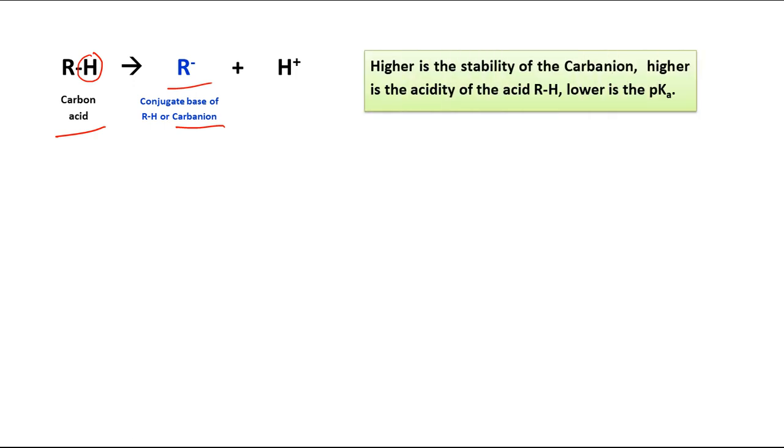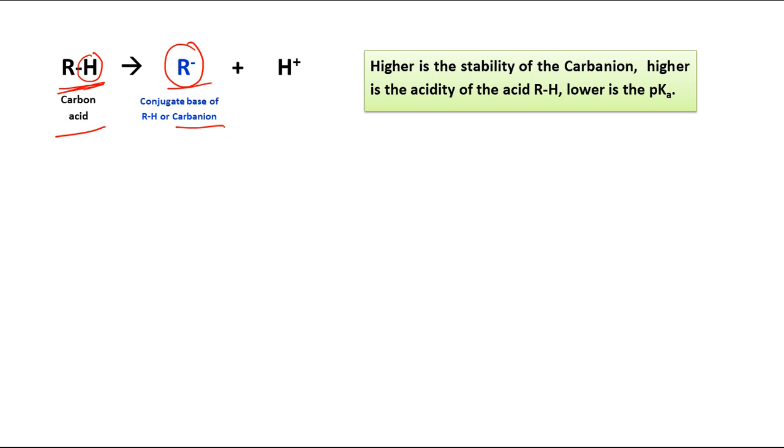So whenever you get any Carbanion, just attach one H, then you will get the corresponding carbon acid. Now if the Carbanion is very reactive, what does that mean? The equilibrium will always try to remain on this side, that is RH. If R minus is very reactive, then the equilibrium will be on the left hand side, that means RH is not very acidic, so it will not remain in the dissociated form like R minus and H plus.